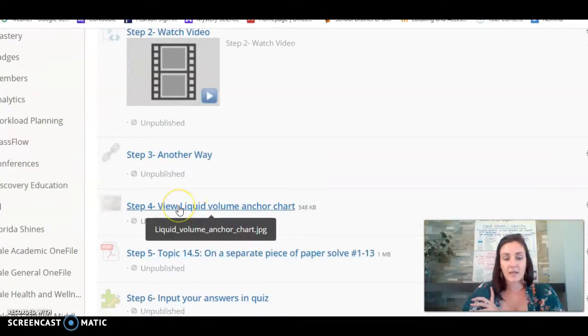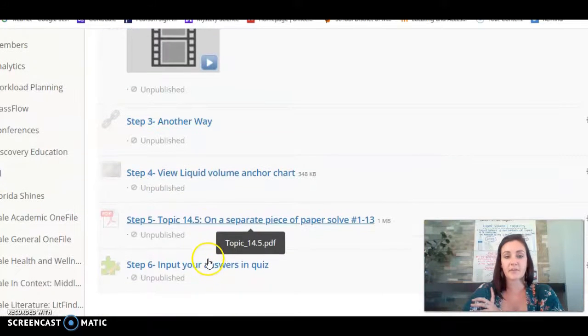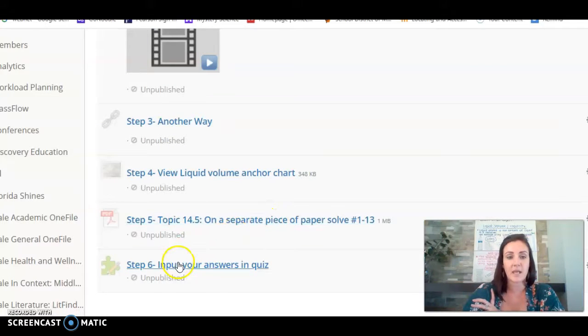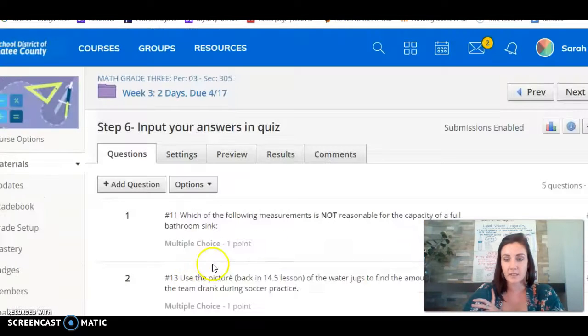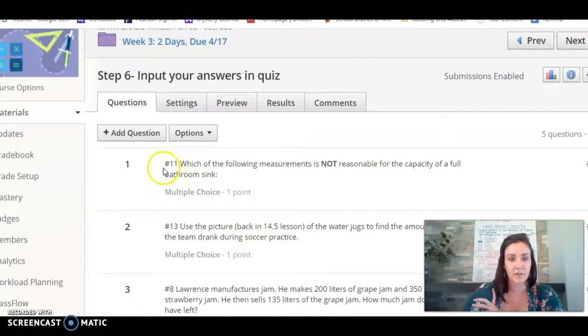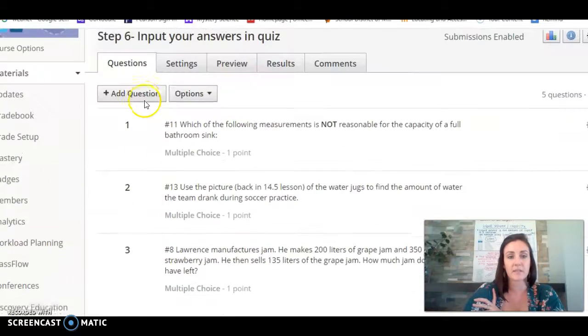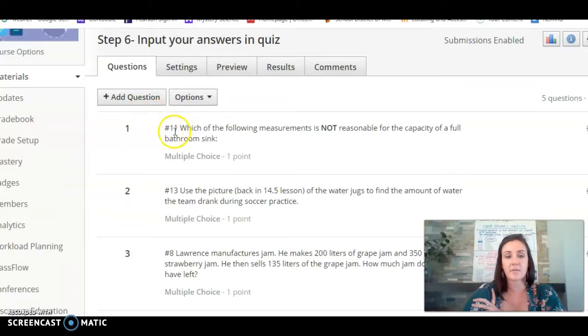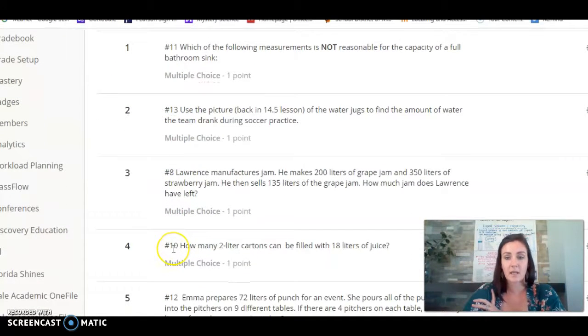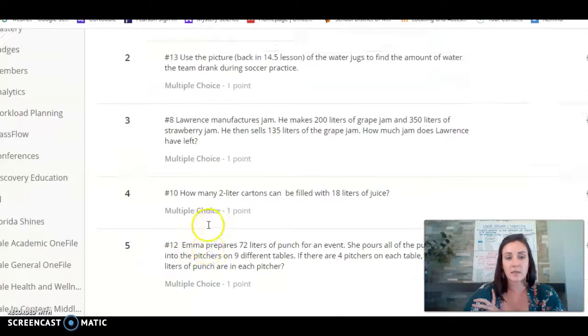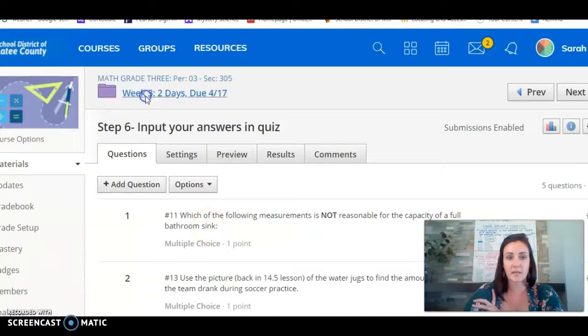Then again, you have your anchor chart available for you in step 4. Step 5, this is your independent work, so numbers 1 through 13 should be completed. And then step 6 is inputting those answers, and just for a review, remember, these might be those numbers 1 through 5 over here, but on that independent work, this will be number 11, number 13, number 8, number 10, and number 12, and then you will be done for that week's